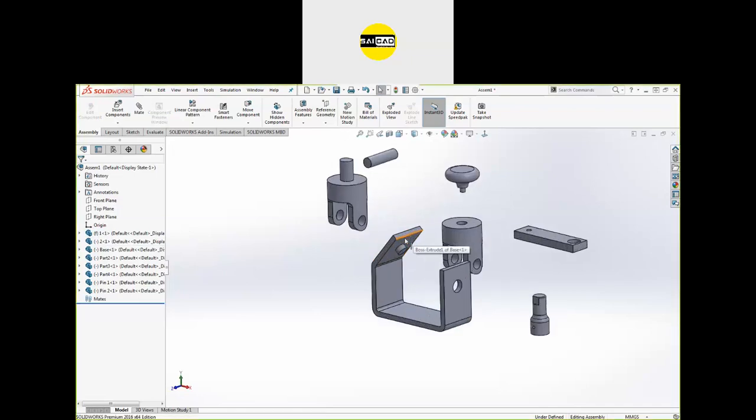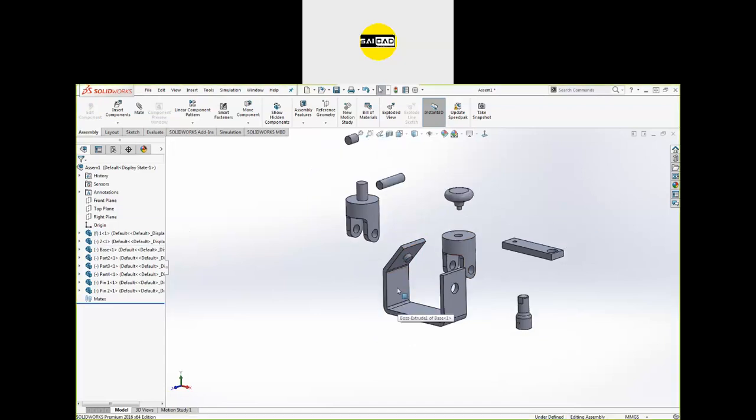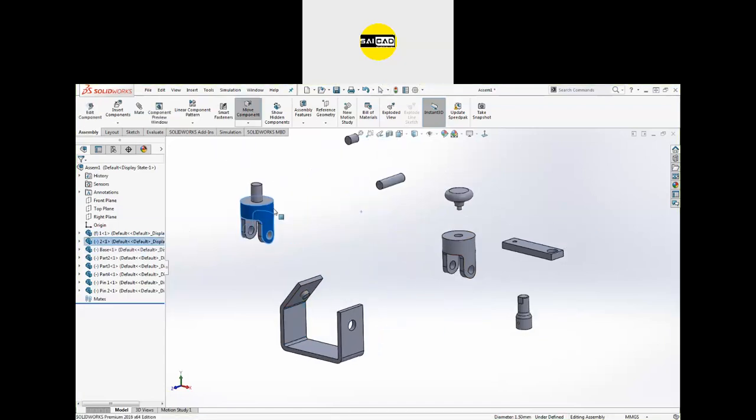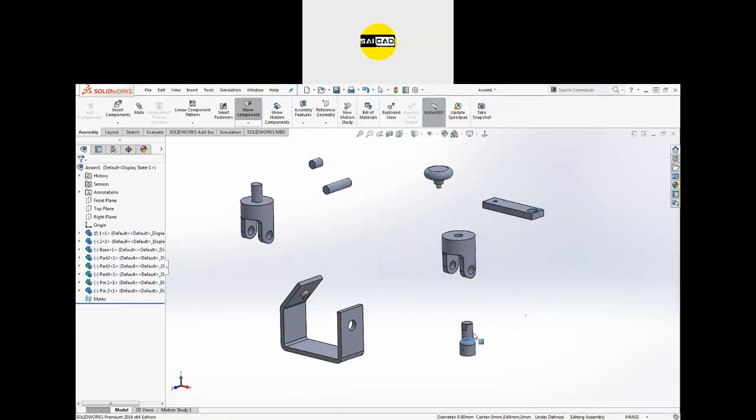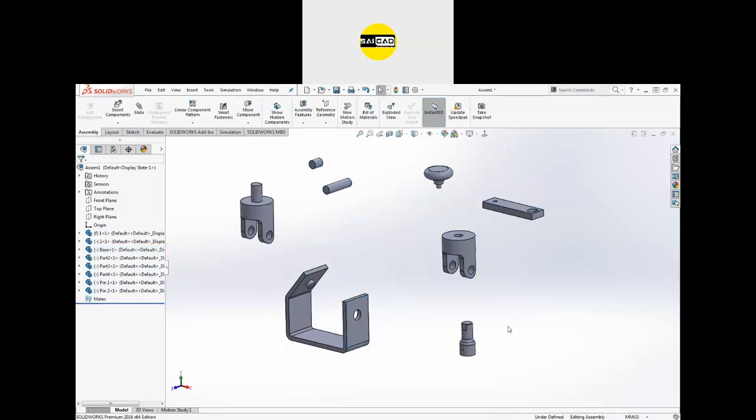Okay. So next is we have to place them. We have to apply some constraint here to create the assembly. You can see every part is movable now except the first part that we have inserted in this one. So the first part I have inserted is this one, so I cannot move this part, and rest of the parts can be moved. So how to make a part movable, how to make a part fixed?